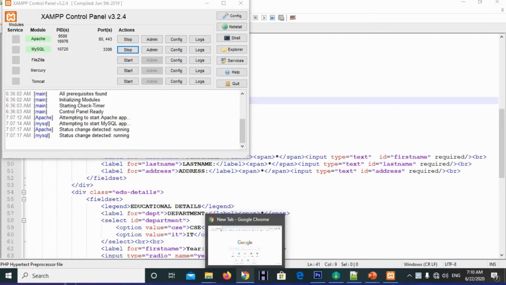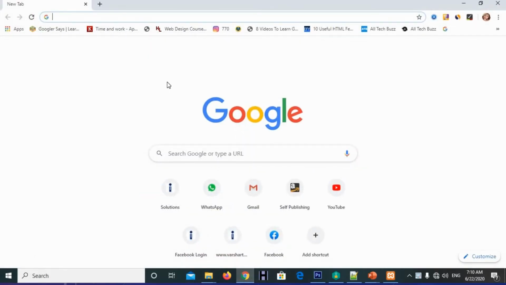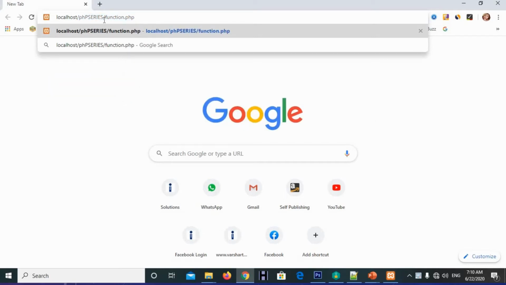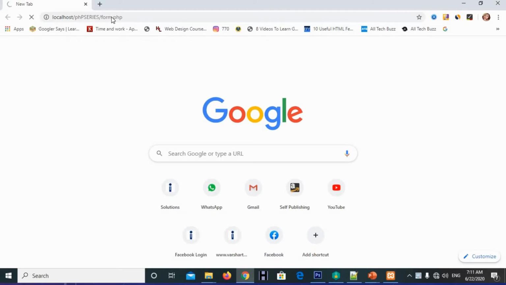Now we have started the server, we can go back to the browser to run our PHP program. For that, type localhost and your PHP program name. In this case we have our program inside the folder PHP series inside htdocs, so I am going to type localhost/PHP series/form.php, which is our file name. So I am running that file.